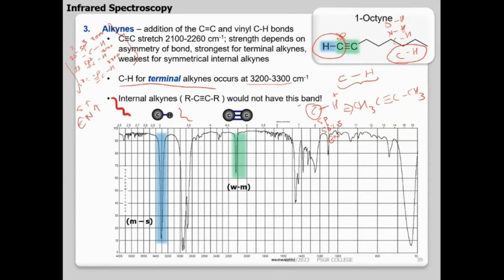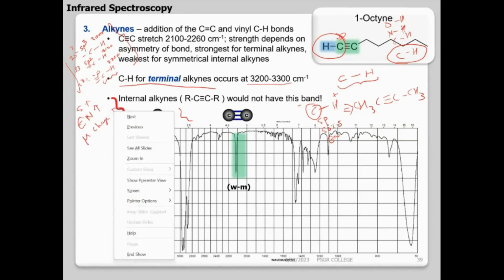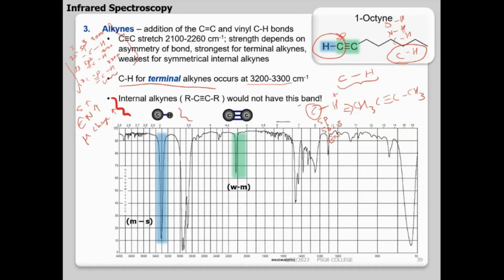So as electronegativity increases, the electron withdrawal power increases, and this carbon will have more charge separation. This CH bond will have greater charge separation, greater dipole moment change. What happens if I have greater dipole moment change? The wave number increases. If you have greater dipole moment change, you'll have greater intensity of electromagnetic radiation absorption, so higher wave number. Okay, so we have done this.